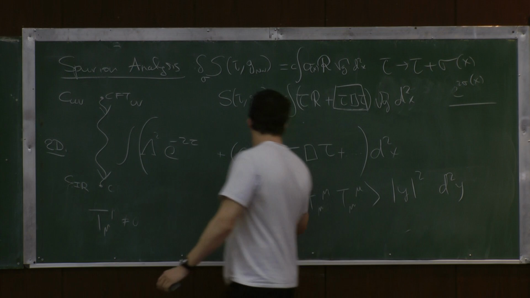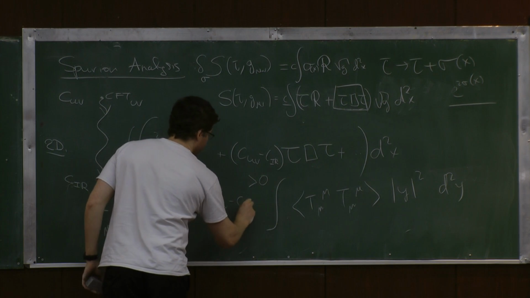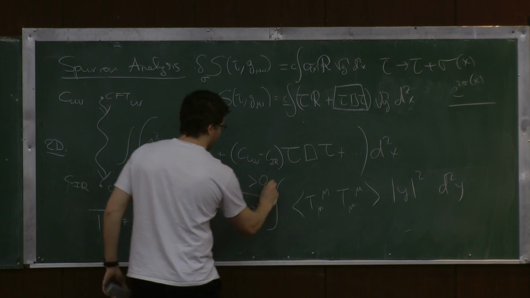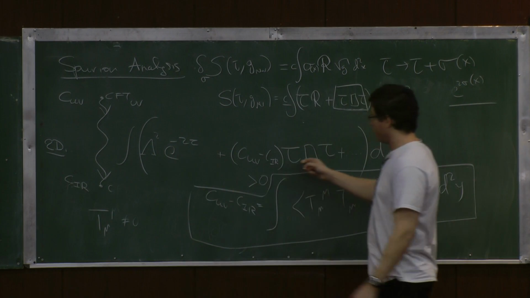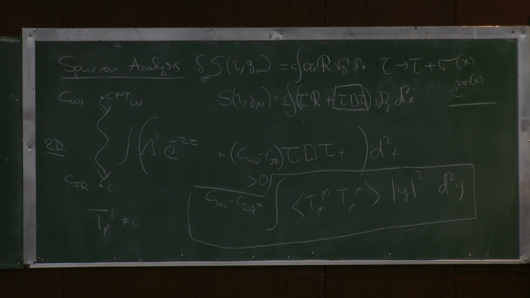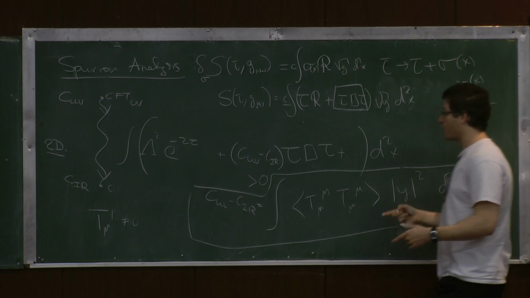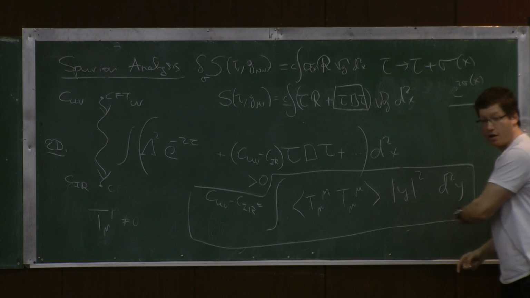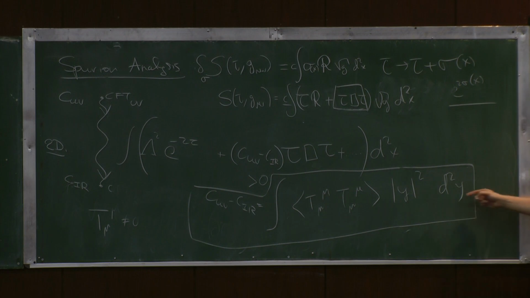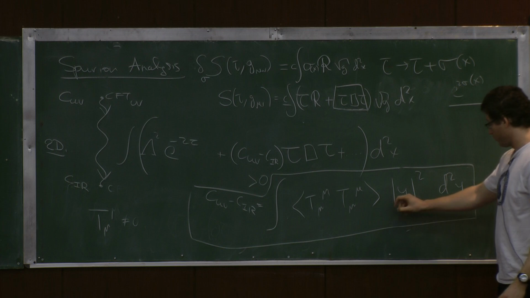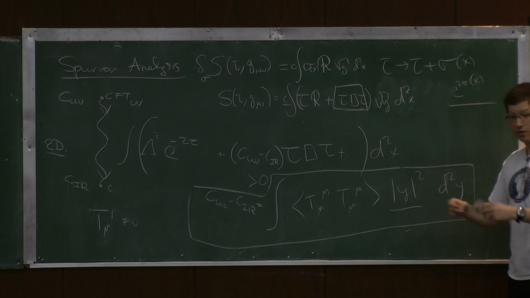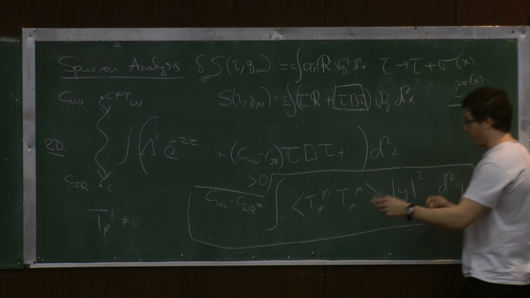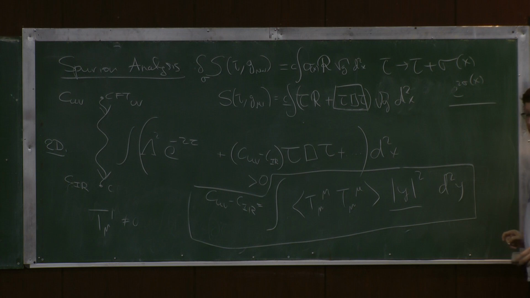So the sum rule that we get from this story is that CUV minus CIR is equal to this thing. This is an advanced comment just for people who are interested. The fact that the coefficient at low energies of the background effective action for tau is CUV minus CIR allows you to write a true sum rule, which is completely convergent because of this y squared. So that makes it convergent at short distances. There are enough factors of y to make it convergent in any field theory at short distances. And also at long distances, it's easy to prove that it has the right dimensions to be convergent in any